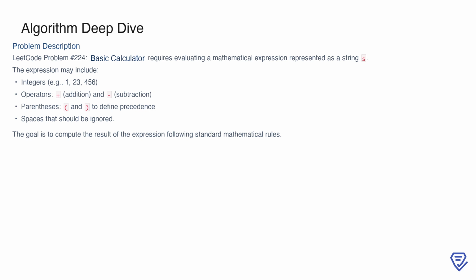In this problem, we're tasked with evaluating a mathematical expression represented as a string. The expression might include integers, the addition and subtraction operators, and parentheses, which define precedence. Spaces in the input string should be ignored, so they don't interrupt the parsing. The goal is to compute the final result by following standard mathematical rules, such as handling parentheses to prioritize certain operations and applying addition and subtraction correctly. This problem is particularly interesting because it requires us to process the string efficiently while managing nested structures and operator